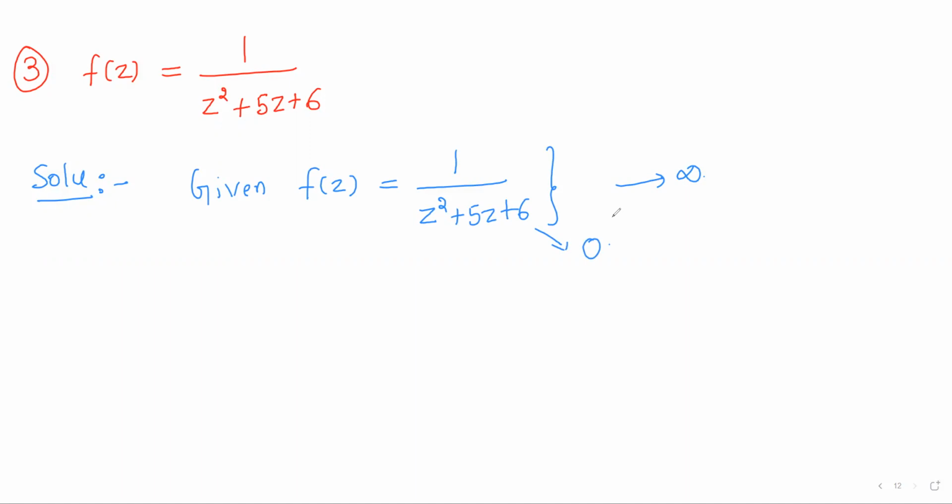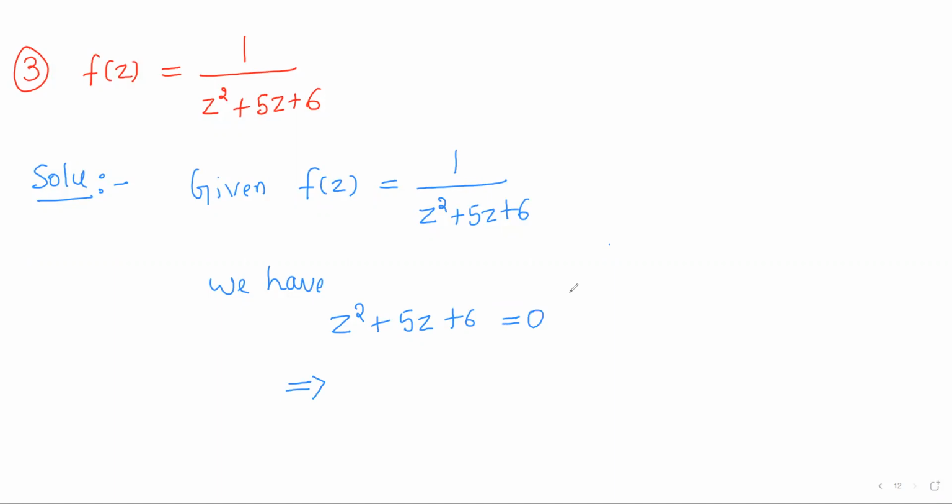When the denominator becomes 0, the function tends to infinity, because we know that 1 by 0 is nothing but infinite, right? So we shall find the zeros of the denominator function. So we have z square plus 5z plus 6 equal to 0, which implies